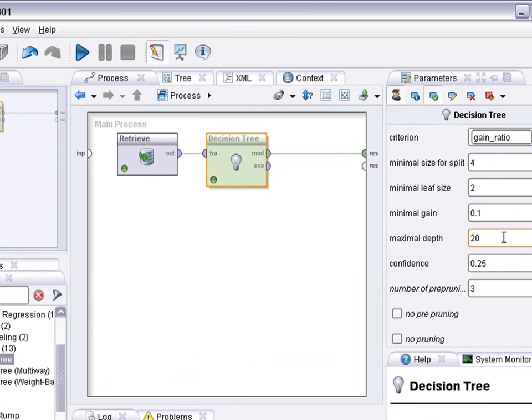Humans are one of the addressees for decision trees. The trees are decision mechanisms that you can automate, but they are also human readable. But humans can't read arbitrarily complex trees, so you can limit the depth of the tree. 10 to 20 should be a reasonable number. I don't think any human would be able to really understand a tree with more than 20 levels and an